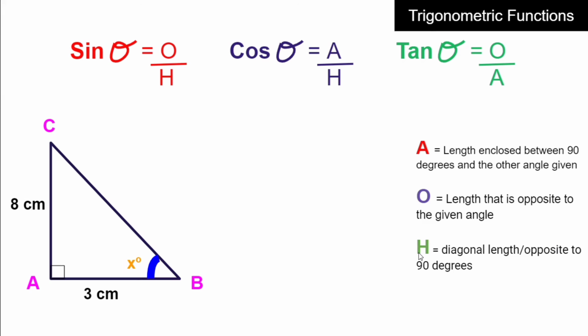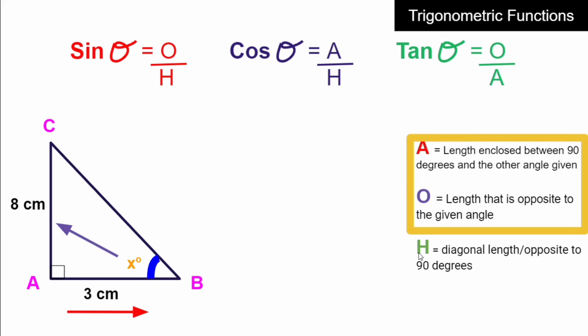The angle is unknown, but that doesn't really matter. As long as there is an angle existing, it means that you can take the A. Now A is the length AB, that's 3 centimeters, and the length AC, we can see that the length that is opposite to the given angle is going to be my O, the opposite. So 8 is my opposite, which means that I'm going to be using O and A, the adjacent and